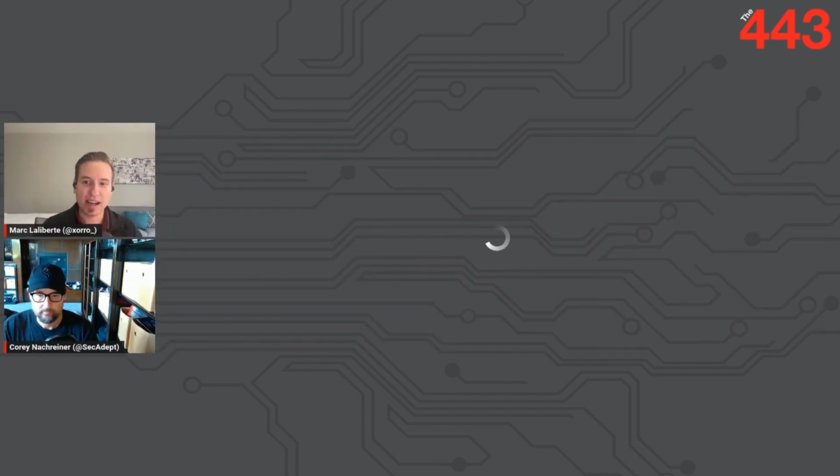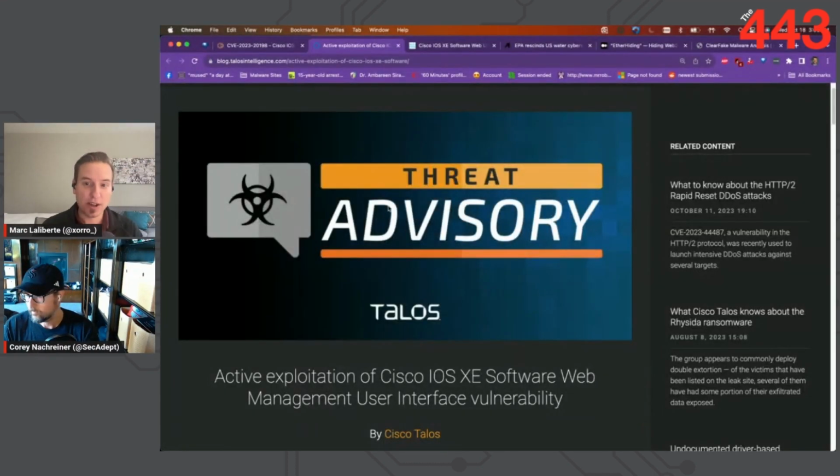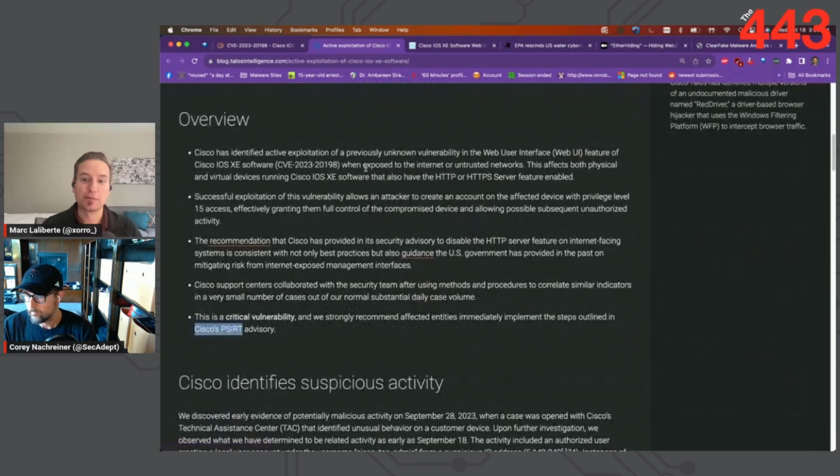In Cisco Talos's post, they described it saying, quote, "The vulnerability allows a remote, unauthenticated attacker to create an account on an affected system with privilege level 15 access, and the attacker can use that account to gain control of the affected system."